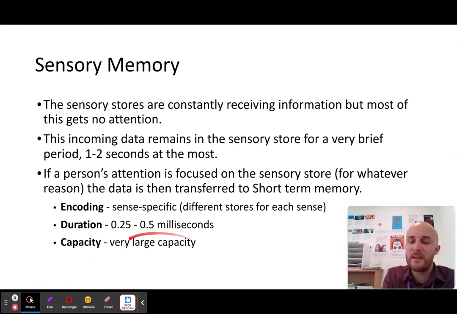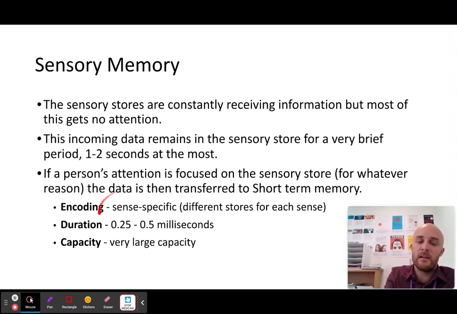You have an incredibly large amount of information going into all 5 of your senses right now. If you just take sight alone, I'm looking around my classroom, there's so much data going into my system. So much stimuli. All 27 chairs, all 27 tables, the carpet, the plants, the walls, the whiteboards, everything. And students on top of that as well. I mean, there's no students here now, but you take in a hell of a lot of information from your 5 senses. So the capacity is very, very big.